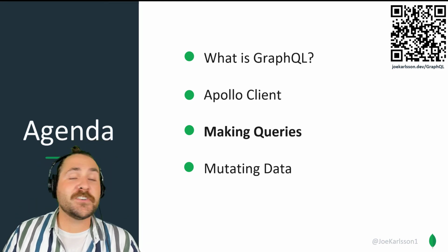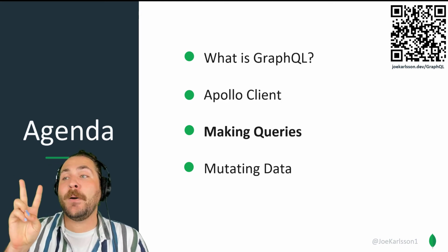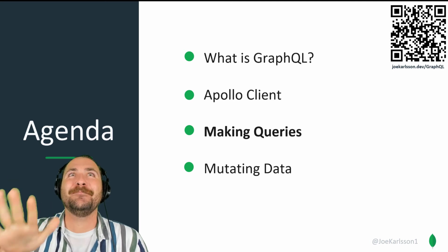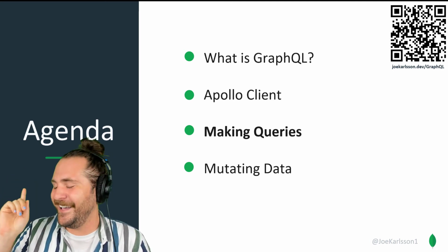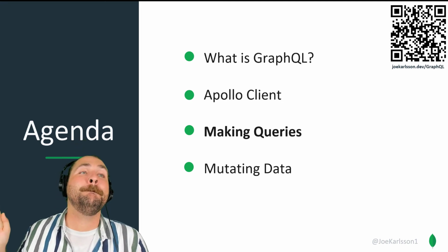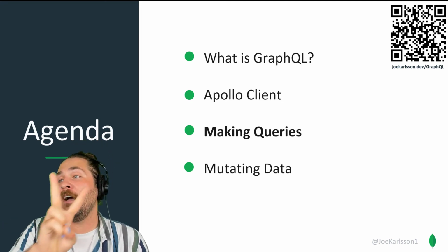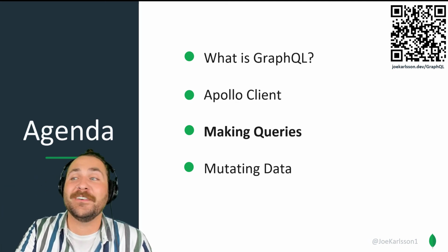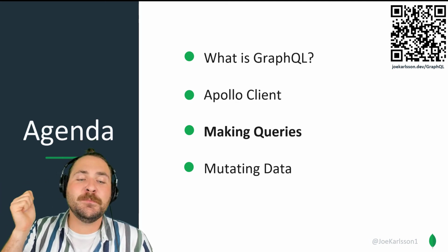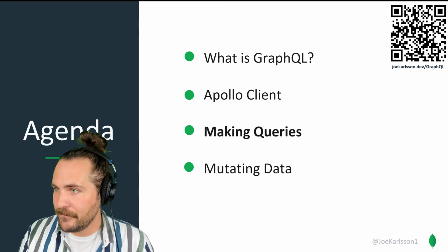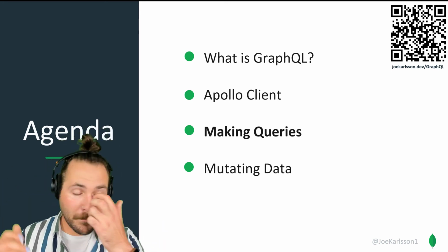So, there's two ways, like we're used to with REST: get, post, put, update, and delete. Those are hard to say. But with GraphQL, the only thing we have is queries and mutations. A query is basically the equivalent of a get, and mutations would be a put, update, or delete. Anytime we're changing the data, we just call it a mutation generally.